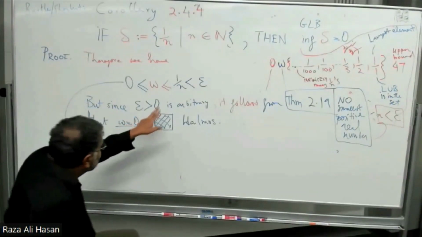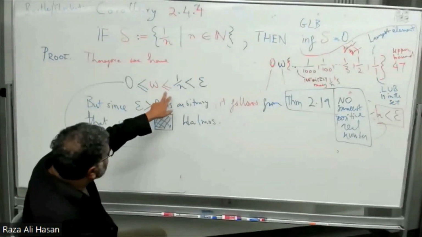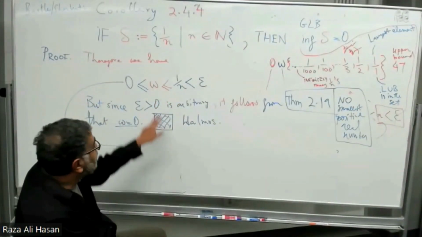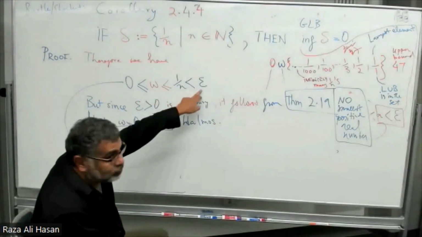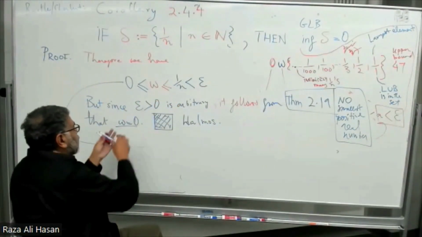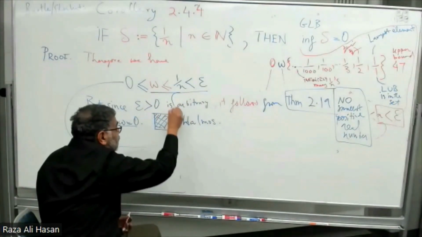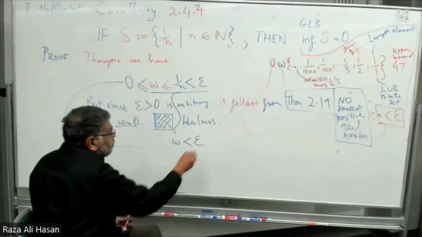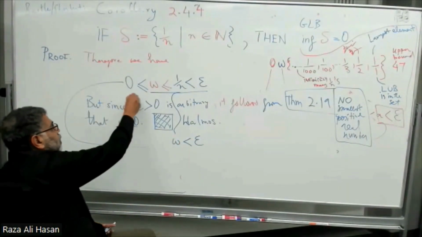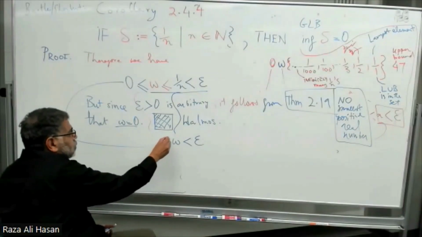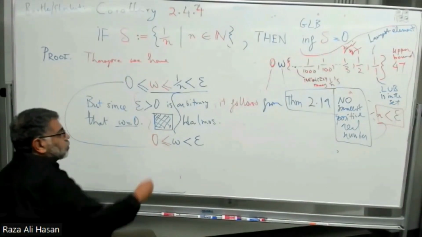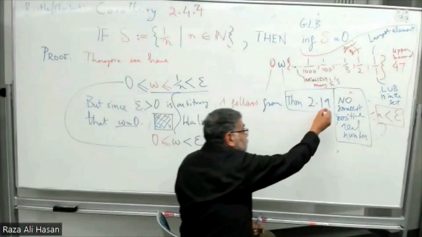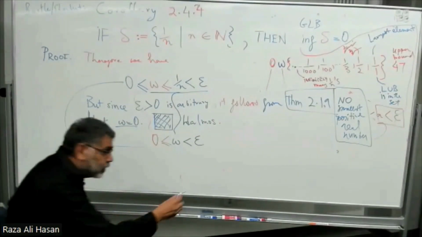Okay, W is less than or equal to this and smaller than epsilon, right? Therefore, W is less than epsilon. So we can write this as W is less than epsilon. And then we can bring this guy here. And this looks like our 219, exactly. And this implies